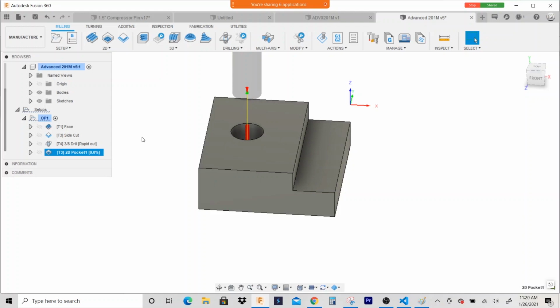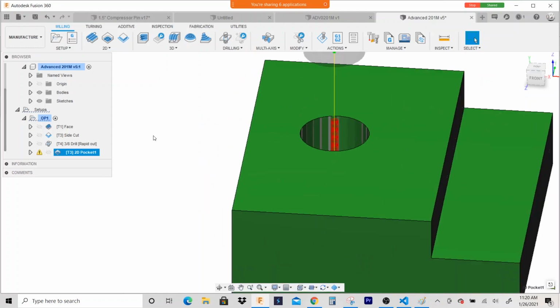This should do it right there. Okay, so I put it on pocket, and